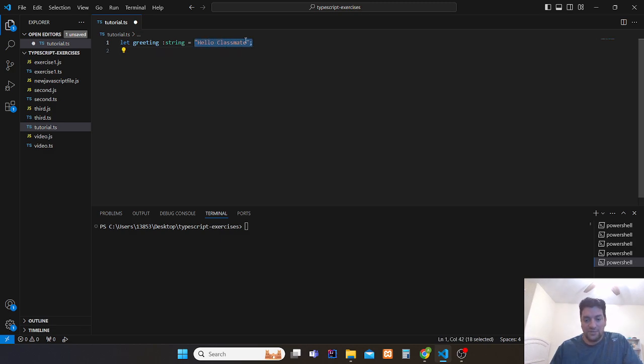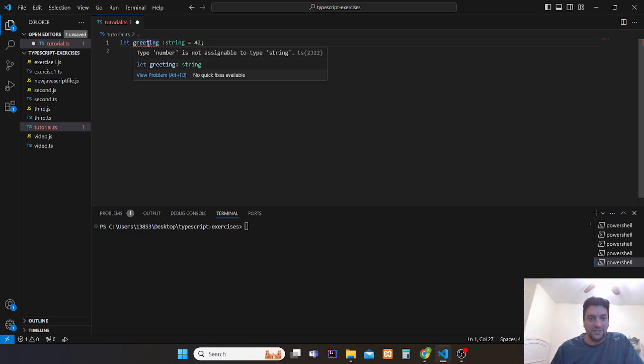But let's see what happens if I assign something else, like a number. It will give me that red line under it, and it will tell me type number is not assignable to type string, and tell you this variable is a type that is a string.